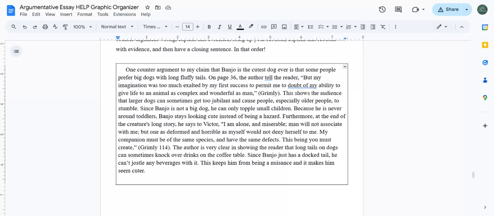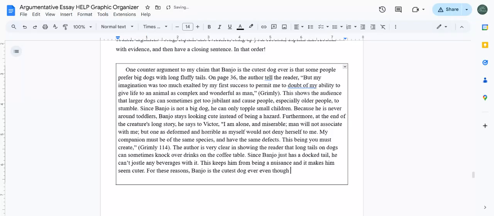After all, consequently, we don't want to use that. We're going to save that. Therefore, as a result, hence. Ooh. According to sum up, that's a good one. For these reasons, why did I say that? For these reasons, Banjo is the cutest dog ever. Notice my prompt wording. Banjo is the cutest dog ever,